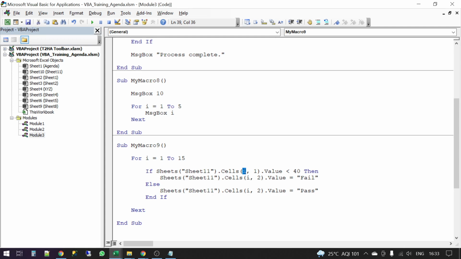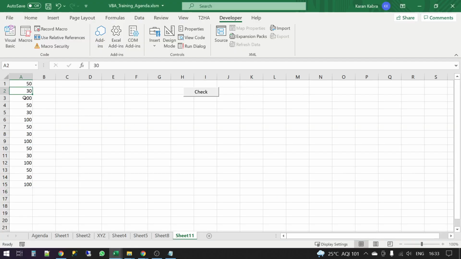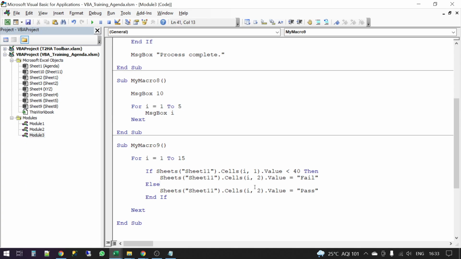So this will now reference cell 1, 1. If it runs for the second time, I will have the value 2, so it will run on cell 2, 1, which is the second row and first column. Then 3, 1, 4, 1, and so on and so forth.